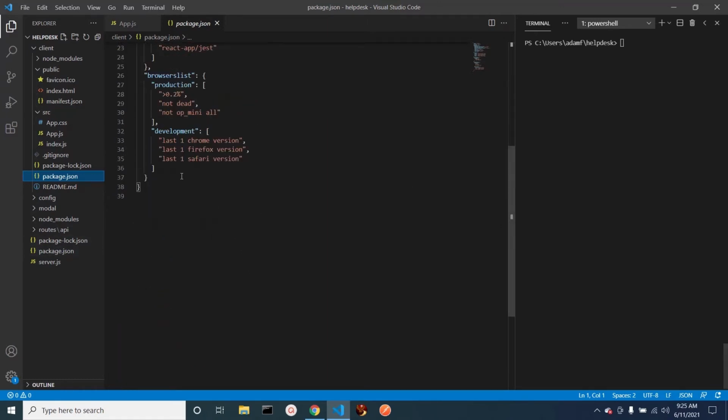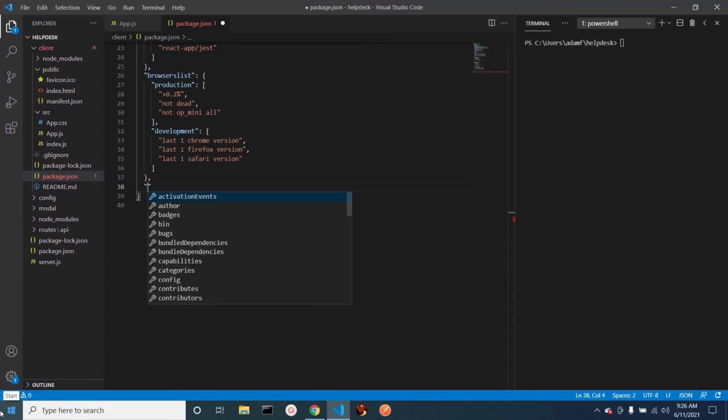We have to come down here and add a proxy. We don't have to, but we're going to. In most cases, that's what you want to do. Basically, if you're familiar with proxies, all it does is tell you what the base